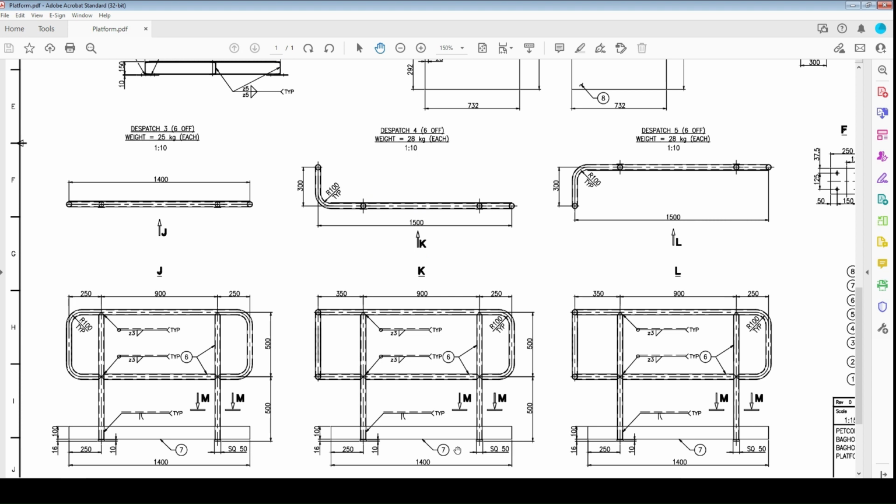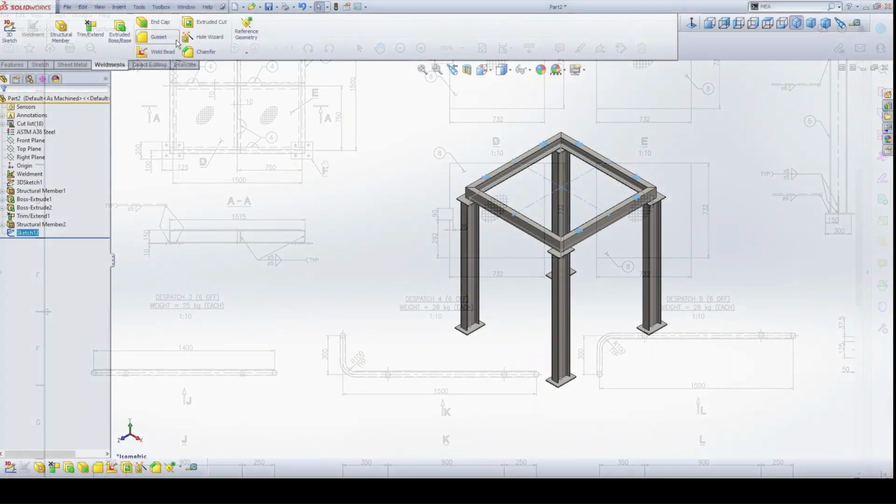Then we see the handrails, how to fix the handrail. Next video we see how to fix the